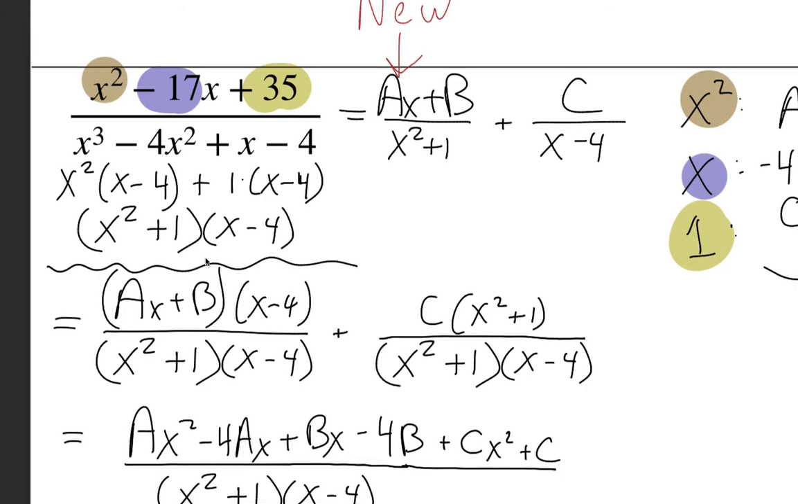I don't believe I factored the numerator. No, the numerator is not easily factorable. You'd have to use the quadratic formula, and it's just not helpful right now. So